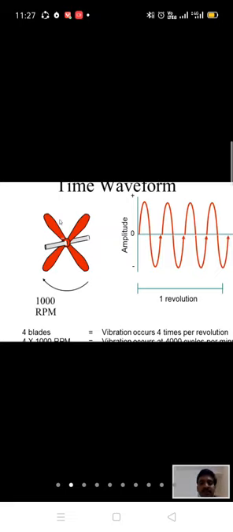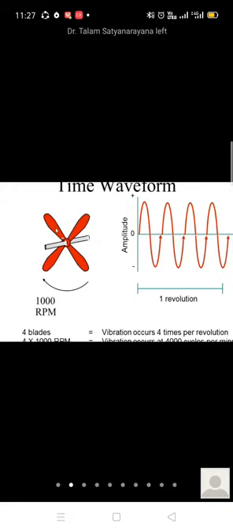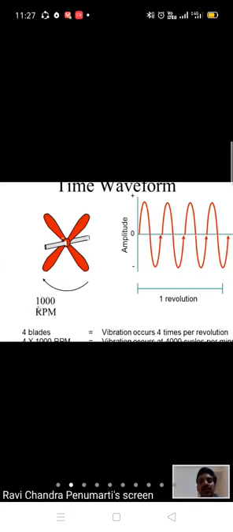So, for example, if this fan has 4 blades and it is rotating at 1000 RPM, we will get a vibration signal picked up because of this fan also. Clear, na sir? Yes, sir. So when we are rotating a machine at 1000 RPM, here the pulses will be 4000 Hz.